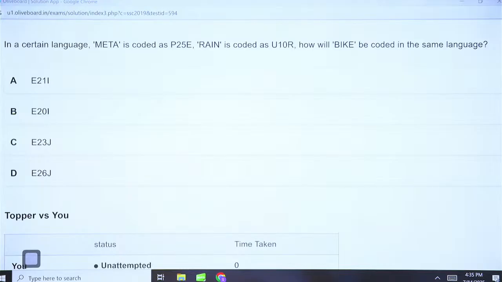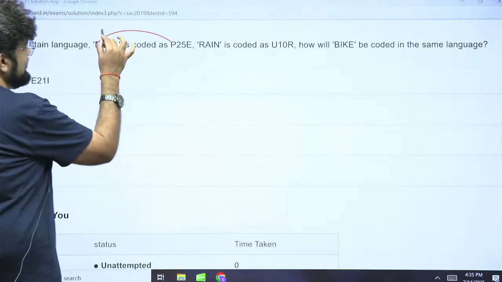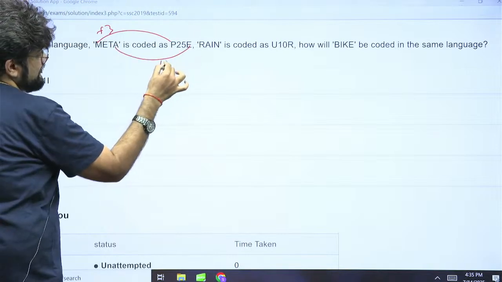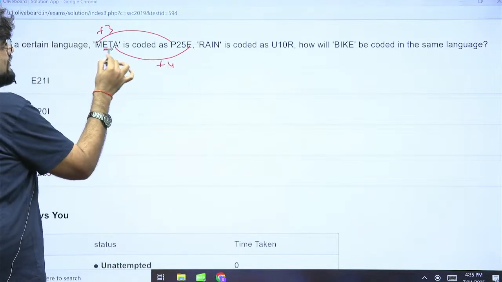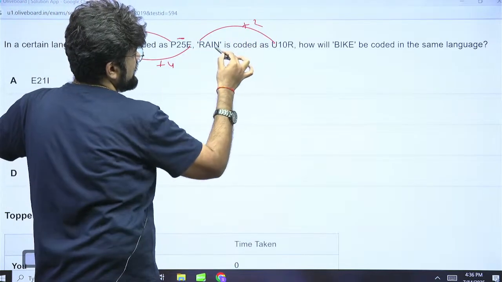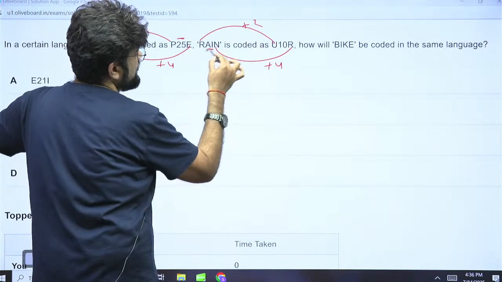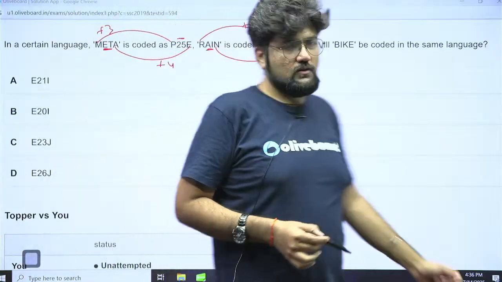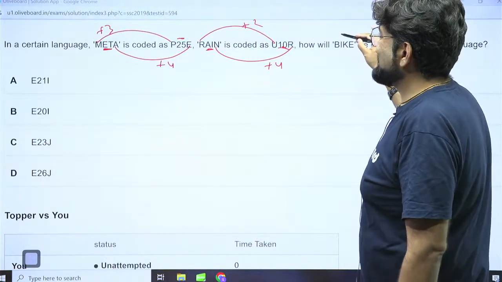In a certain language, meta is coded as P25E, rain is coded as U10R, and bike will be coded how? M plus 3 is 16, A plus 4 is 5, and 5 plus 20 is 25. R plus 3 is 21, 14 plus 4 is 18 and 1 plus 9 is 10. This is pretty easy. So B plus 3